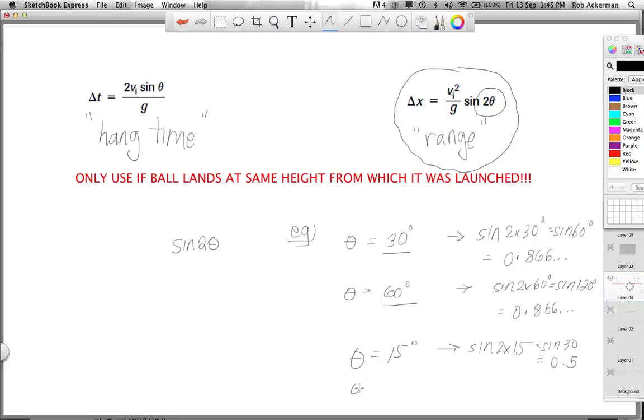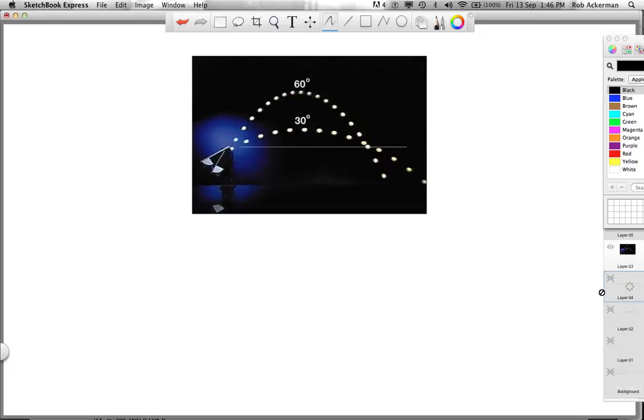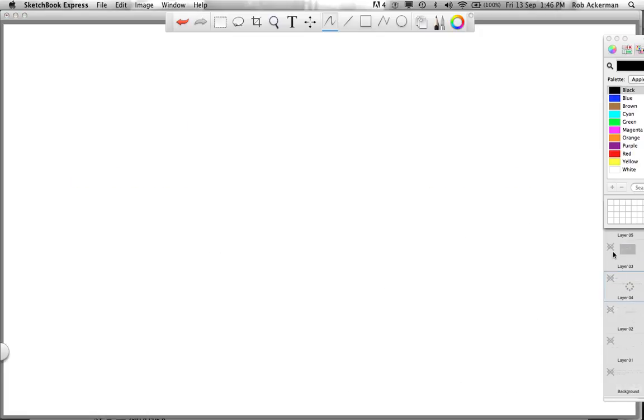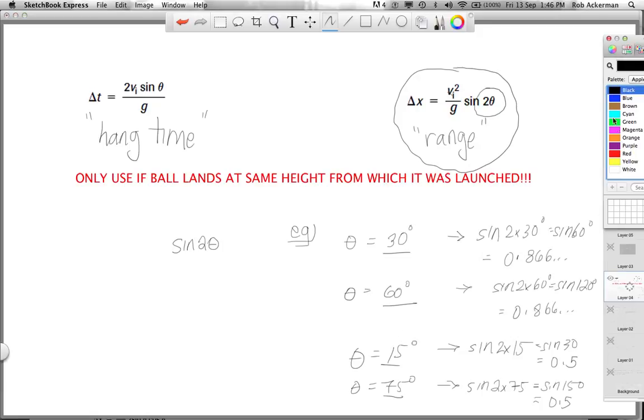Okay, now we're back. The angle is 75 degrees, and here's why. The sine of 2 times 75 is the sine of 150, and the sine of 150 is also 0.5. So there's another two angles that together give you the same range, just like in this picture. I just don't have a picture for the 15 and the 75. Can you see what the rule is? Give you a moment to think about it. Any two acute angles that add to 90 degrees